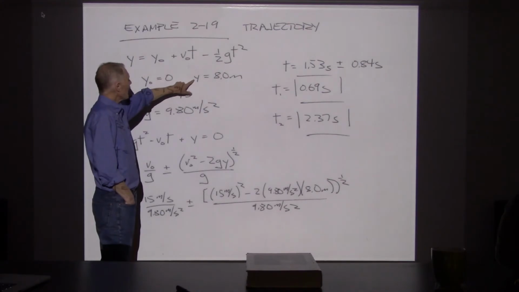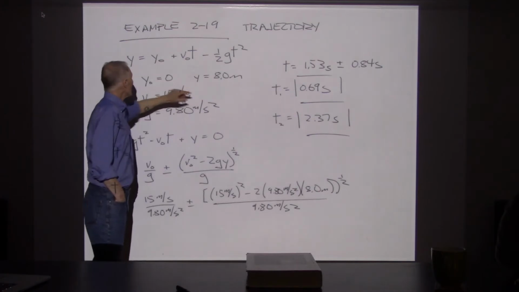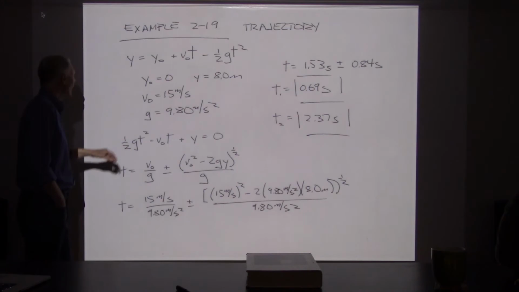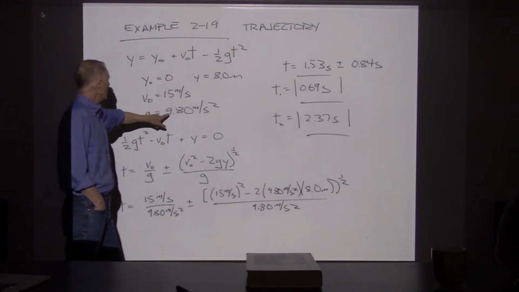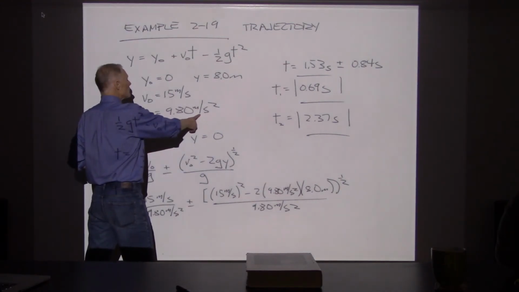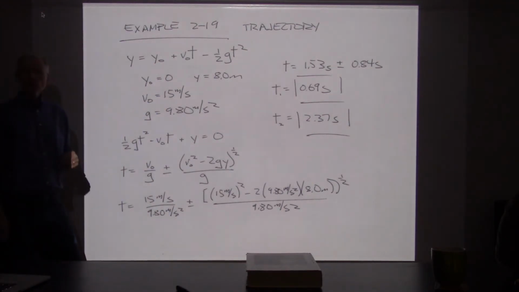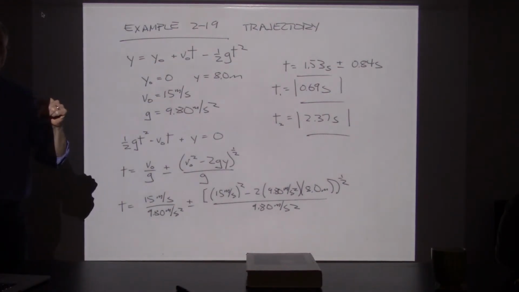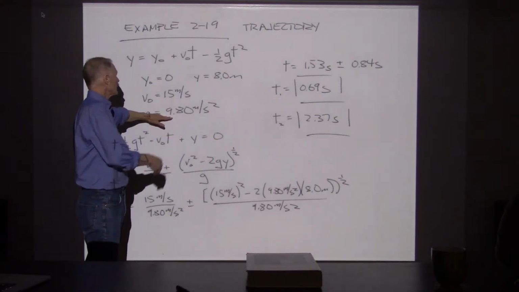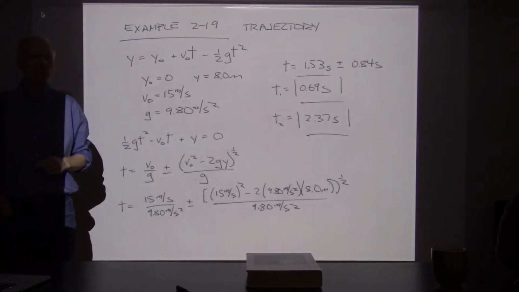Now, they asked how much time, so we're solving this for t when y is equal to 8. So I can set y equal to 8, and then go in and solve for time. Now, g, I'm using little g. Little g is 9.80 meters per second squared, and I can plug that in. I put the minus sign in by hand, to make sure that the acceleration is in a downwards direction. g is defined as a positive quantity, so I've got to put a minus sign in there to make sure that we're keeping track of the correct